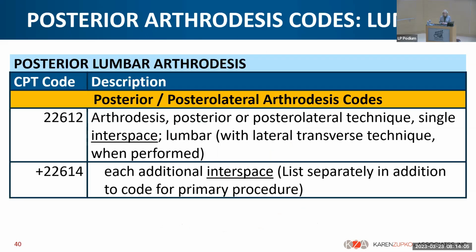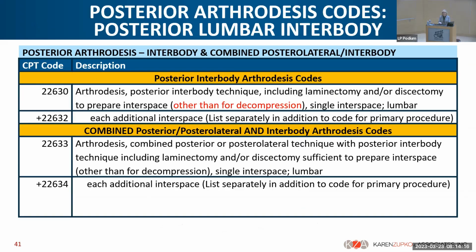One of the big problems we have, and I want to get to some of our questions, is the posterior arthrodesis codes. We know that the posterior lateral decompression codes, there's no problem with that. It's not bundled with any of the other things you do typically, but we get into trouble when we do T-lifts, which of course are commonly done. So if you're doing a T-lift or a PLIF, these are the codes: 22630 for just doing a T-lift or a PLIF,